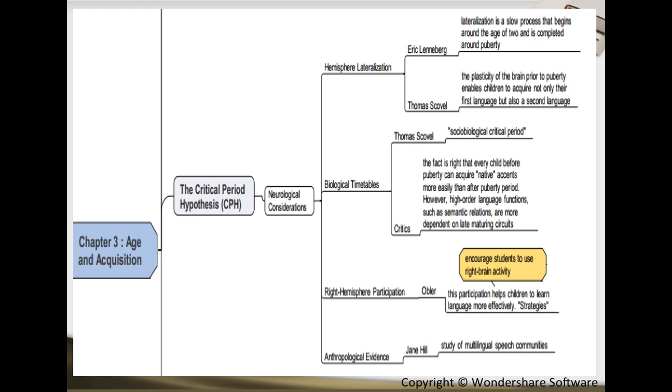Every chapter has a last section which focuses on the relationship and the implications of these SLA theories and principles to teaching a foreign language. Okay, now, before we go on, let me